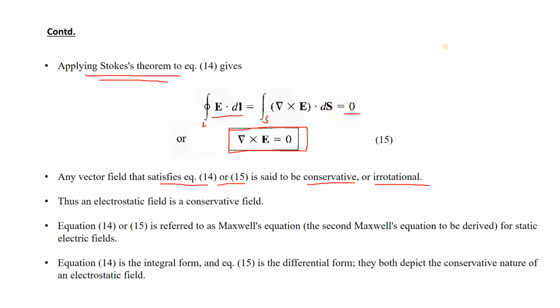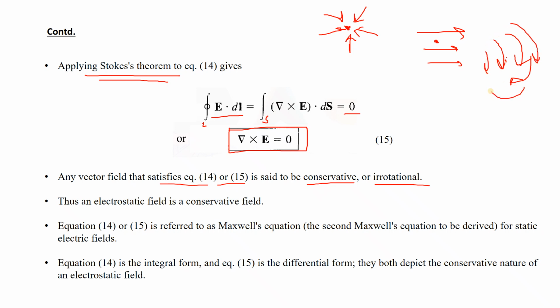or irrotational. If you remember, we have discussed that a vector is divergence-less if it is traveling straight, so at a point it is not diverging or converging. But if the vector is coming into a point or going out of a point, converging or diverging, we call it non-zero divergence. Similarly, if the vectors are rotating around a point, or even without a point the vectors are rotating in this way, we call it a rotational vector.